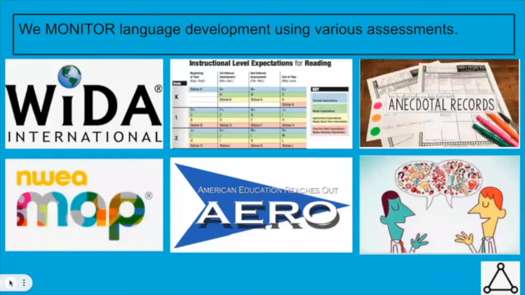And the last way that we monitor students, at least on this slide, is through relationships, having conversation, and knowing